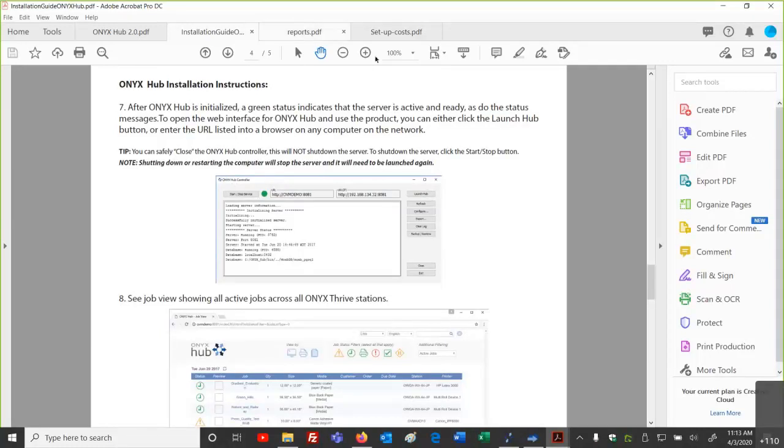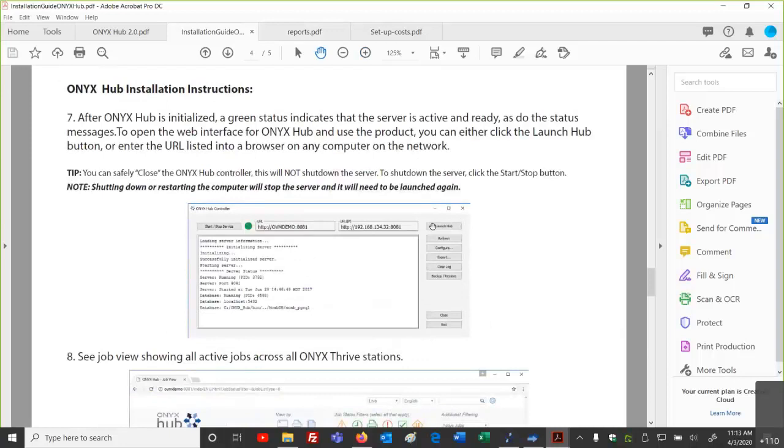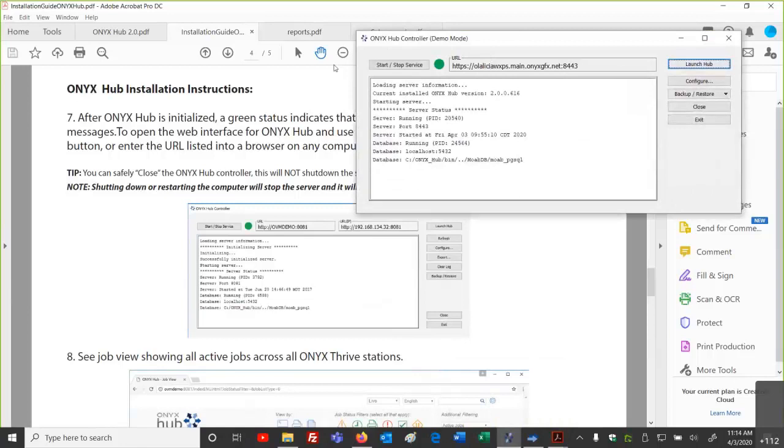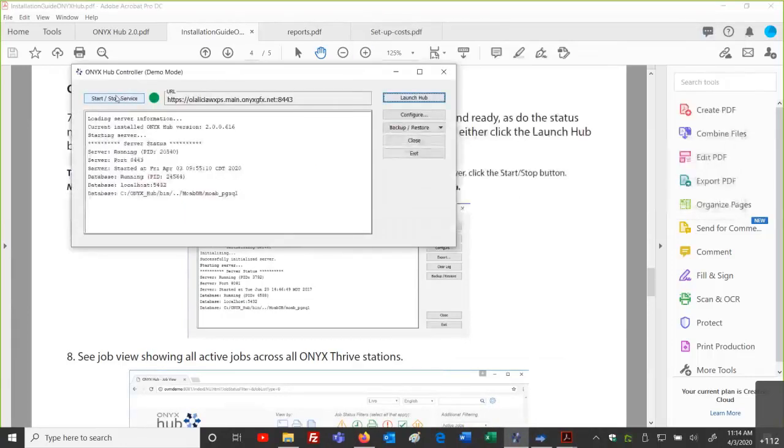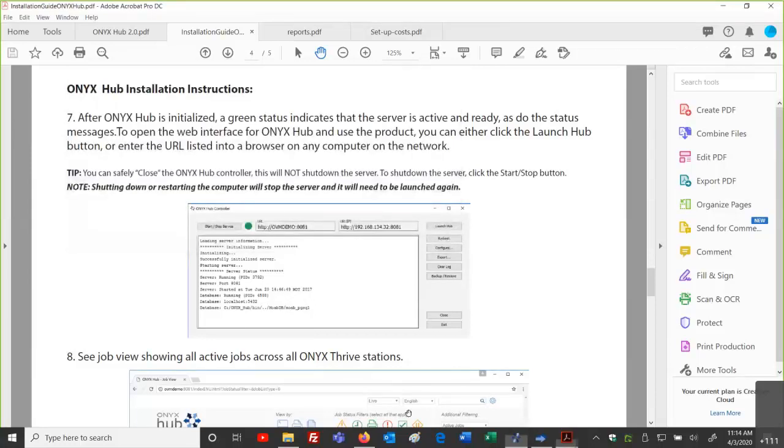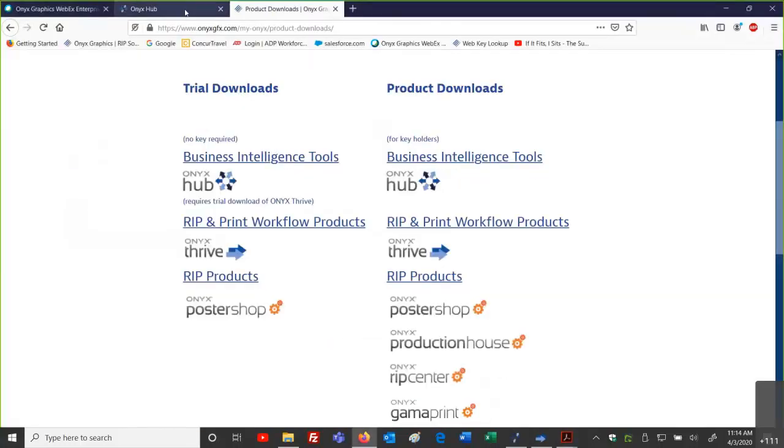Okay. Now, once we have that installation take place, from this Hub controller component, this is where we would launch Hub. So if we look at this portion of it, you can see we would be launching our Hub component software. Now, this is just the controller, but when we launch Hub, it's going to put us into our browser-based interface to show us the data. Now, at this point, I'm going to go into that part of the software. Actually, let me show you the controller. Here's my little controller. I'm going to open this up. You can stop and start services if you needed to do something as a refresh, or launch the Hub software from here. So let me go into the Hub software, which is in my browser.